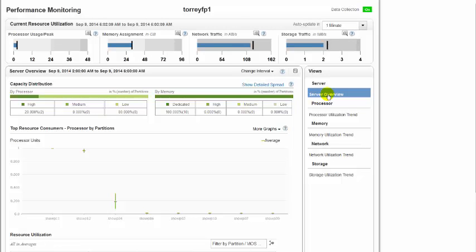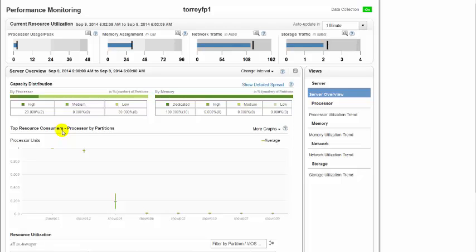In server overview, it shows the capacity distribution. So it shows the capacity distribution of processor and memory to LPARs. The next graph shows the top resource consumer. So top resource consumer shows which LPAR is the top consumer for a resource.